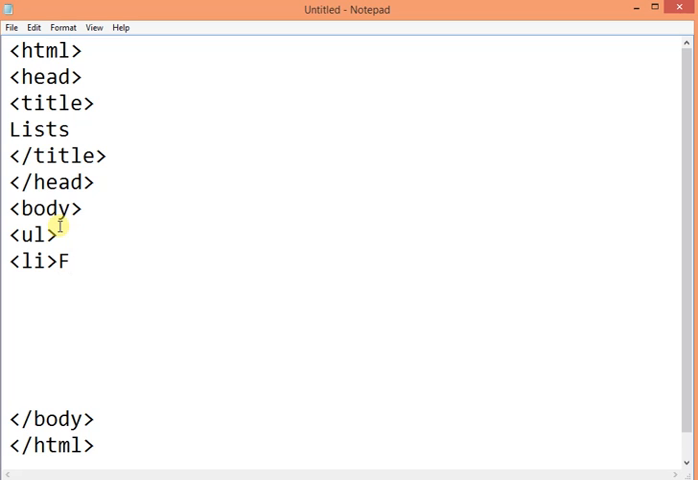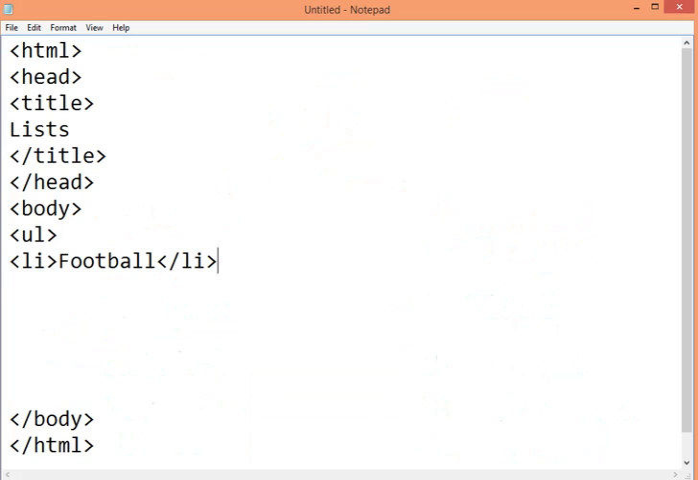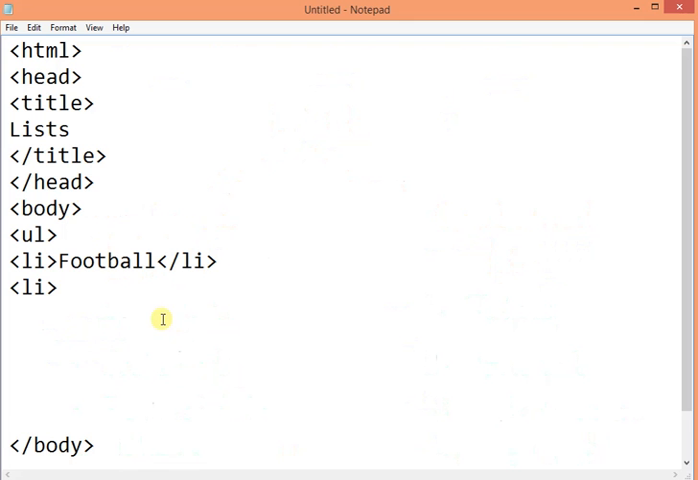तो फर्स्ट आइटम क्या था लिस्ट का? फुटबॉल. And we have to close the tag of list item li. तो ये फर्स्ट आइटम जो ये फुटबॉल हमने यहाँ पे लिखा है, this item is being created here. After that we have to create the second item which is the cricket, then basketball. Just like that we have to create the cricket,